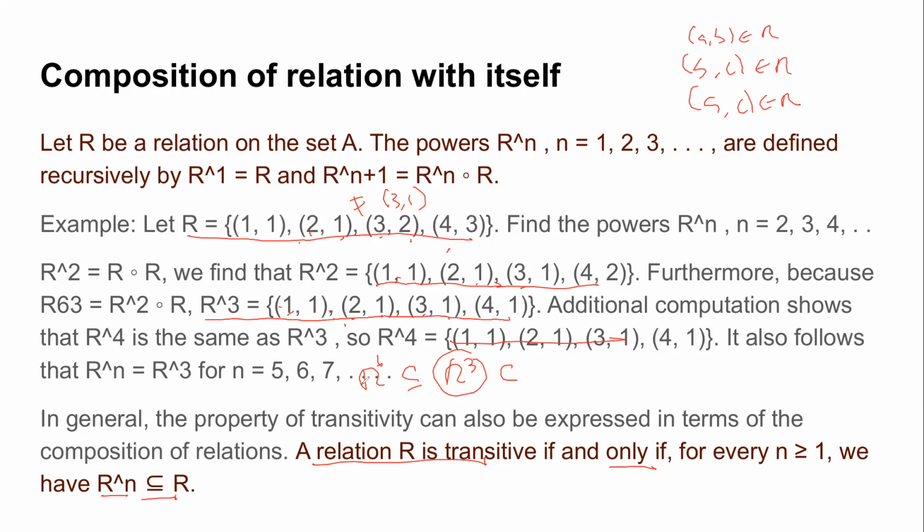So this is one other way of finding whether the relation is transitive or not, by using the fact of what its higher powers are. You can notice that once you start computing the powers of R beyond 3, all of them, you can verify yourself, will be the same. This is because R3 was a transitive relation, so all its powers will be contained in it, or most probably they will be exactly equal to it. So this is one other way by which you can compute the composition of a relation and find out whether a relation is transitive or not.